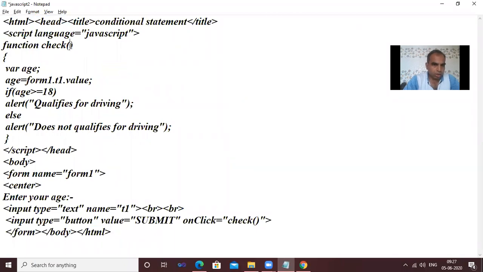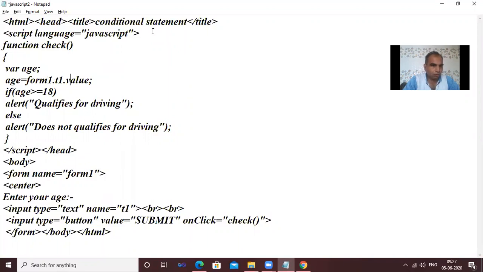They are declaring the function in the heading section, called check. They are declaring the variable age. Age is declared, but they are using form1. What is that form1? It is the name of the form we specify in the body section. T1 is a text box name, and value.